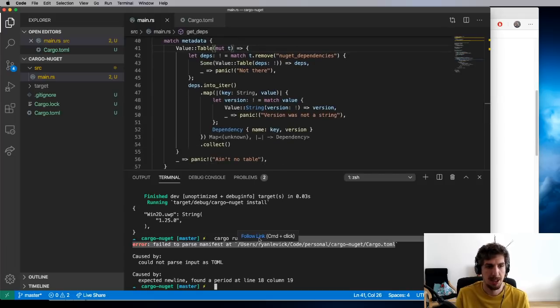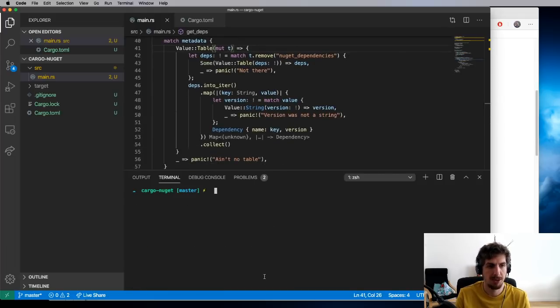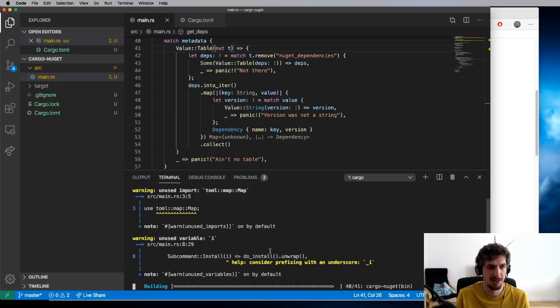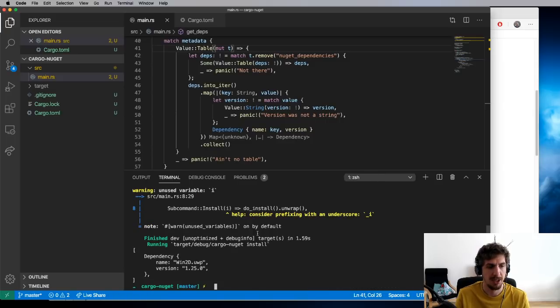Okay, now don't do that. Now let's run this thing and see what happens. Great. Now we have a vector of dependencies. We get a name, we get a version. So that is wonderful. I'm going to stop real quick and pretend to drink water,